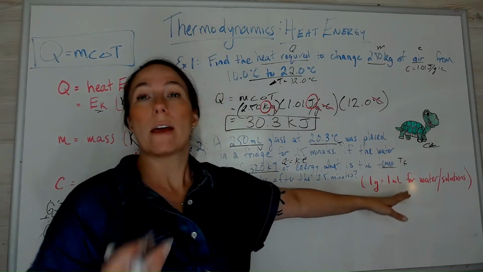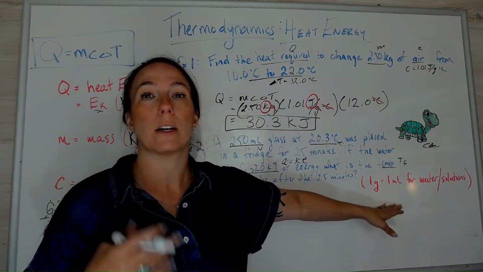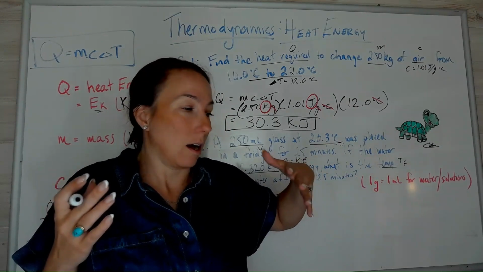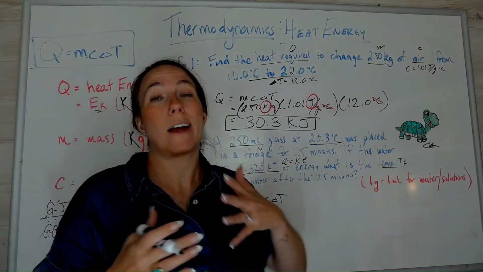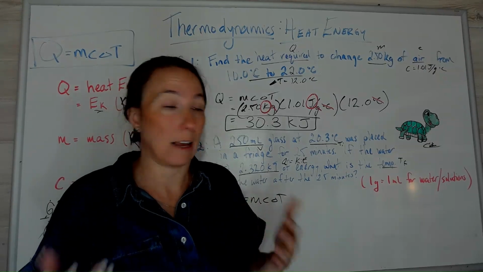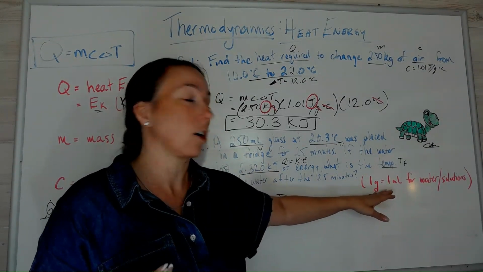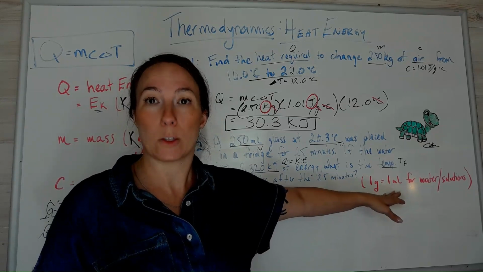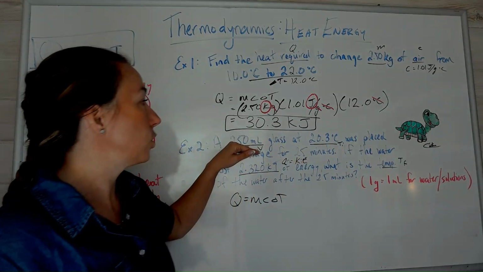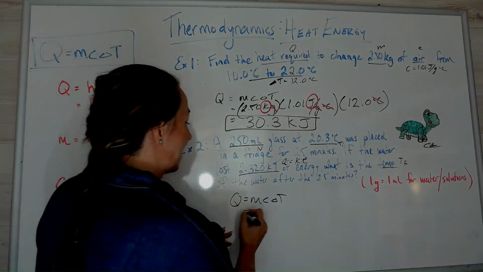So if I had some salt solution, some copper sulfate solution, some HCl acid solution, all those aqueous solutions are going to also be 1 gram is 1 mL. So this says 250 mL, so then that is actually